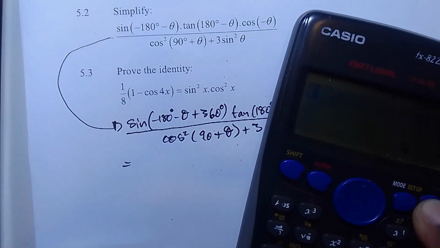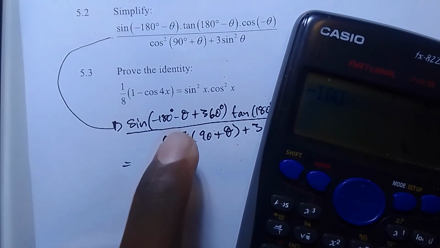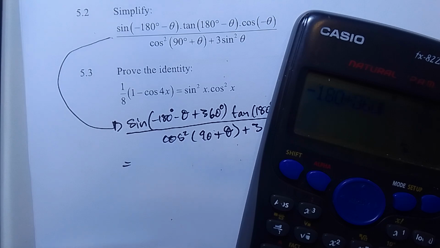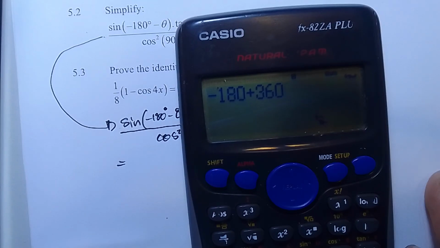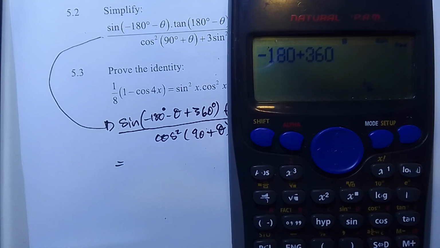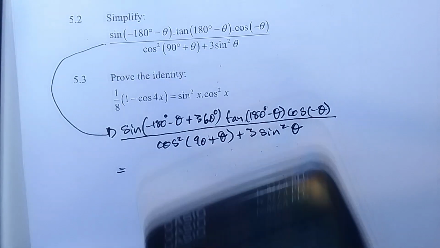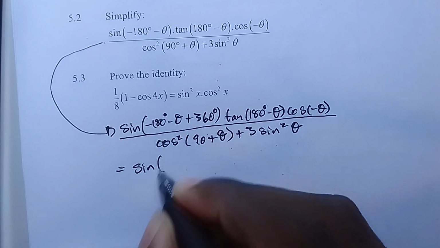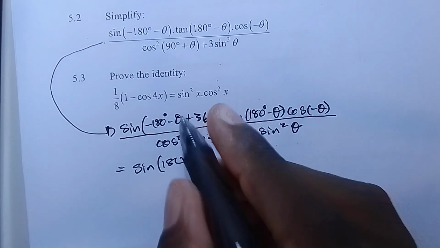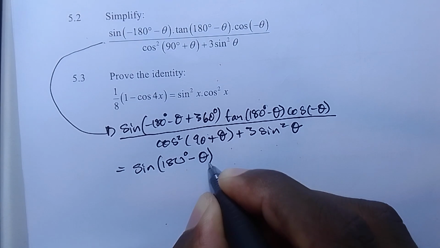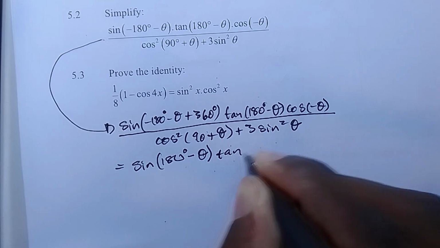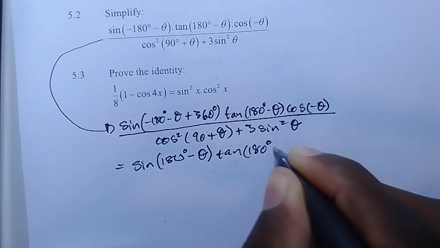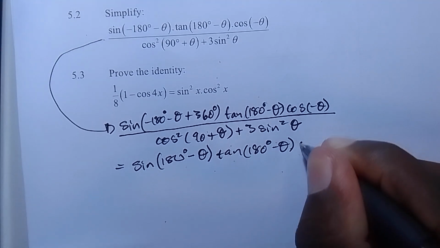Say negative 180, which is this one, plus 360, and ignore the theta, the minus theta, because you're going to bring it back. Your answer is 180. So you have sine, this gives us 180 degrees minus theta, tan 180 degrees minus theta, cos